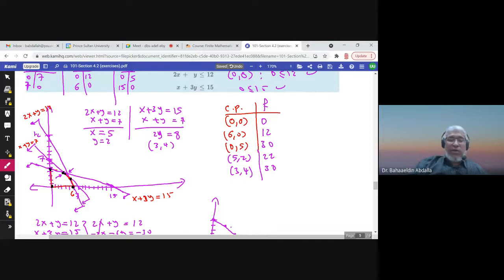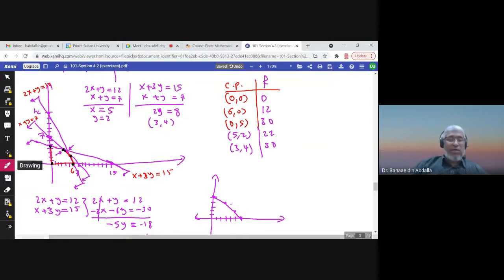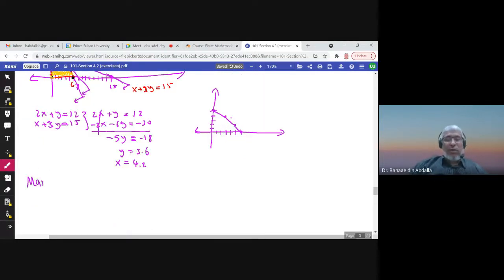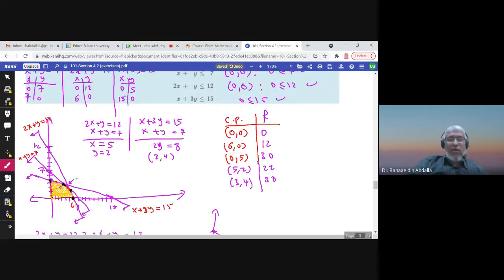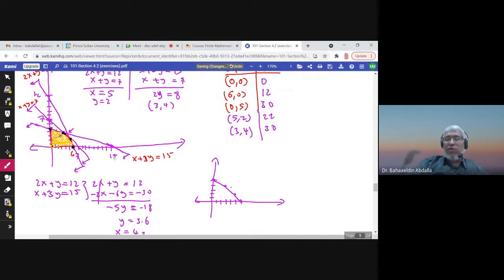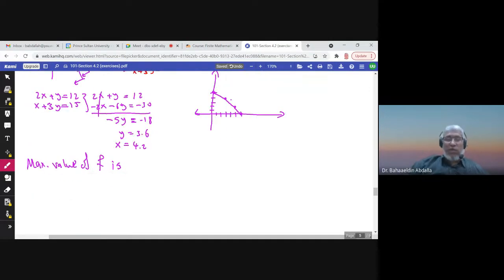The region is bounded and closed. So there is a maximum and a minimum. Everything is fine. Okay. So the maximum value, the answer would be maximum value of the function f, the objective function, is, what is the largest number? 30. Okay, we have 230. So is 30